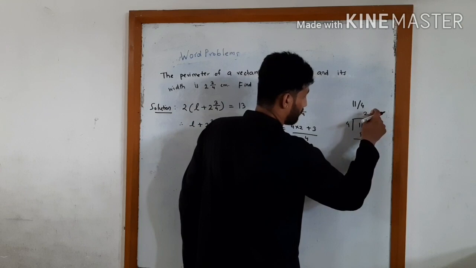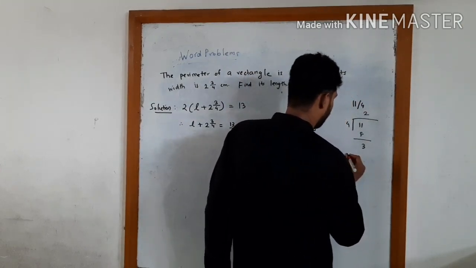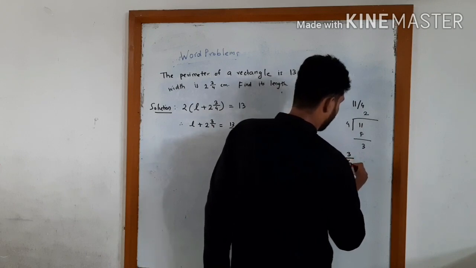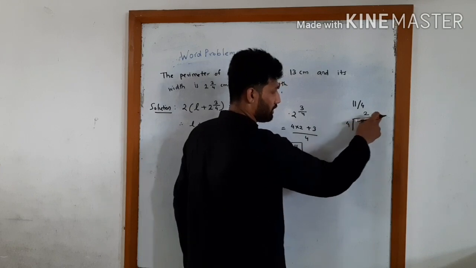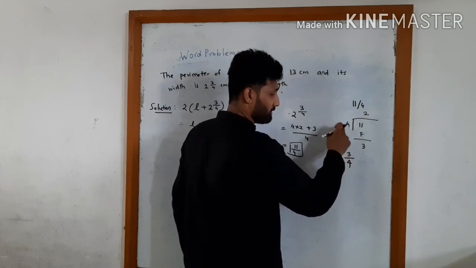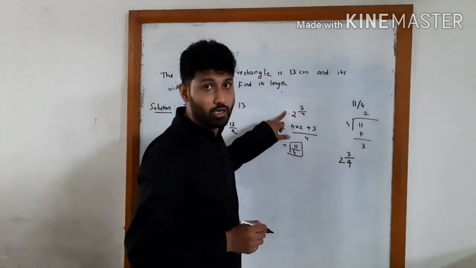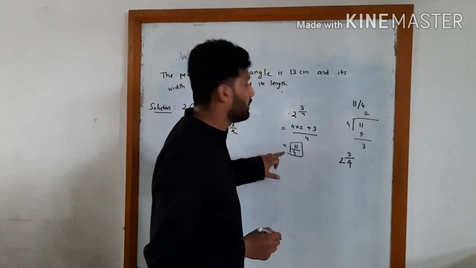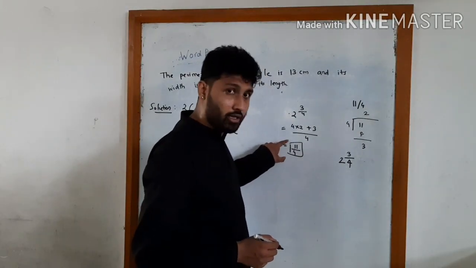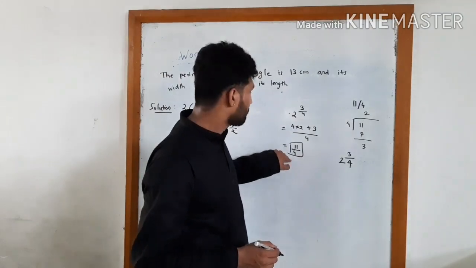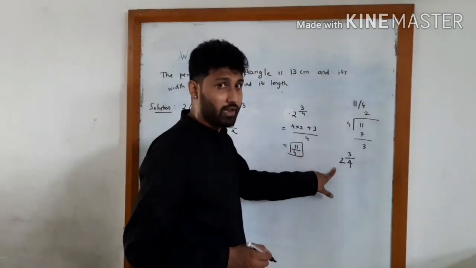So this is the quotient. So you get the quotient here, and the remainder 3 here upon the divisor here. 2 integer 3 by 4. Quotient, remainder and divisor. If you see, this is how you convert a mixed fraction into an improper fraction. It is an improper fraction because the numerator is more than the denominator. And this is how you convert an improper fraction into a mixed fraction.